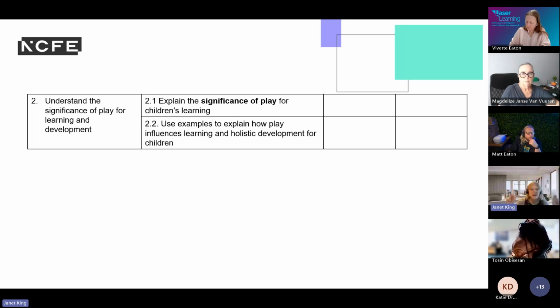High quality interaction and play should be seamless, and that's important in terms of how you respond. And that's where you could have a real strong discussion around, and you could have this as a hypothesis: babies don't do anything. I used to hear that an awful lot, and I know we might have talked about that before. Don't put me in the baby room, Janet, they don't do anything. Help. Because this is absolutely where everything is happening, where you are laying down that foundation to enable independent play and bringing together all of those different areas of development.